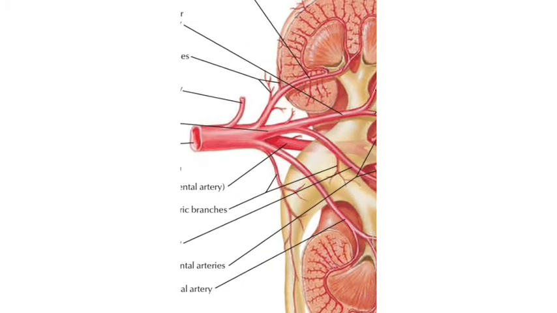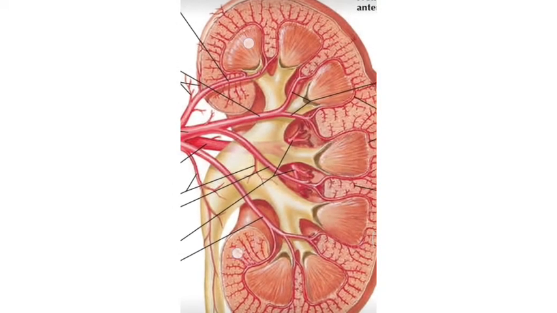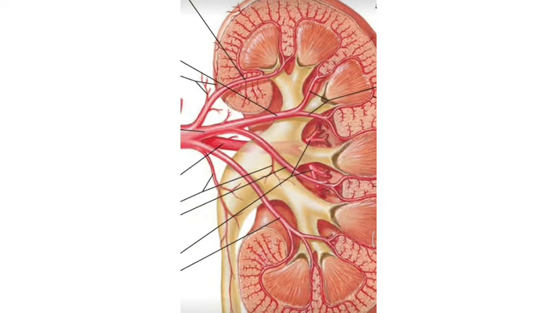One is the anterior branch, another one is the posterior branch. We can also call them trunks: this is the anterior trunk, and this is the posterior trunk. From the anterior trunk, mainly four segmental branches will arise. These are the 1, 2, 3 and 4. These are the four segmental branches.